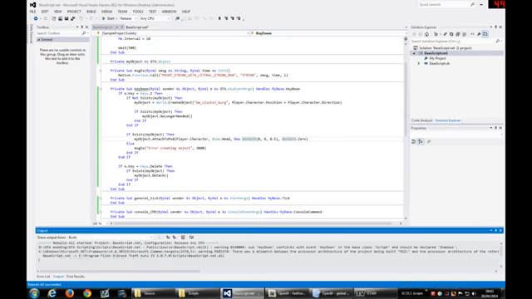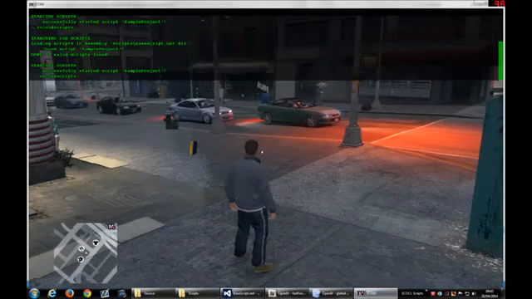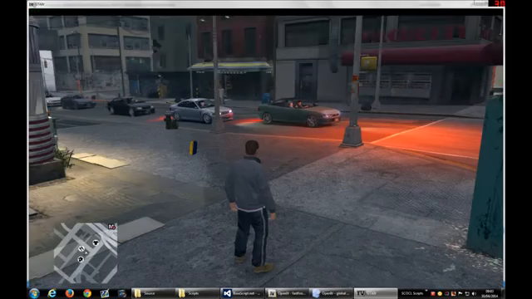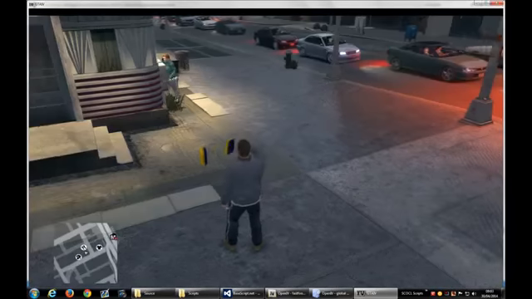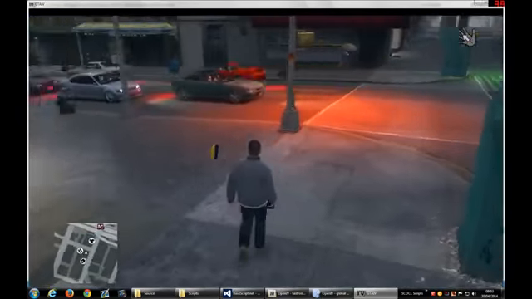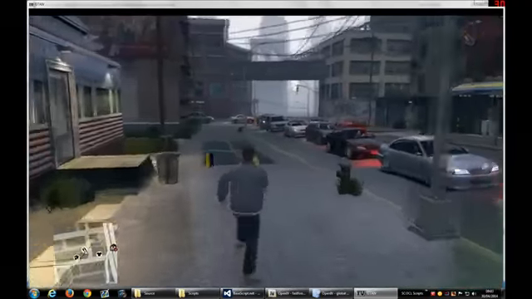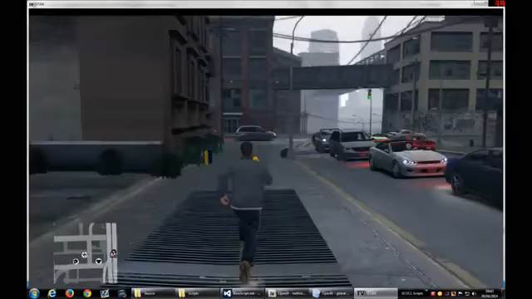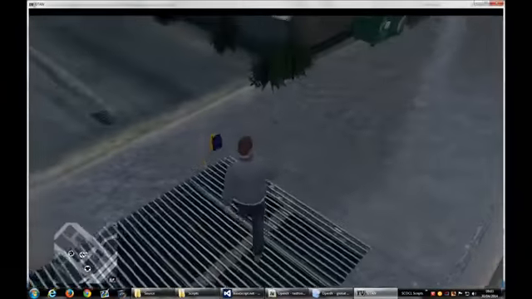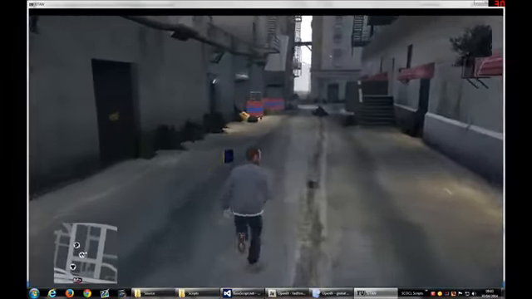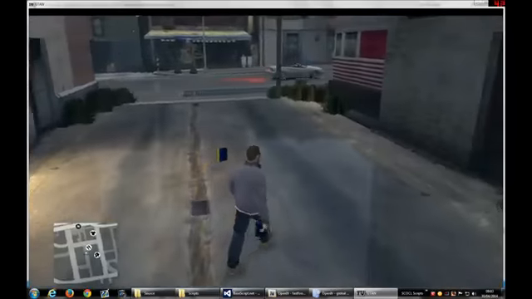Let's see what changes. Oh, it picked the other one. So see, the Z component changed it to the left of the head, so it's a little hard to identify the result.